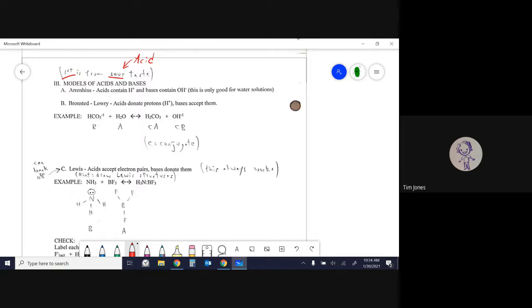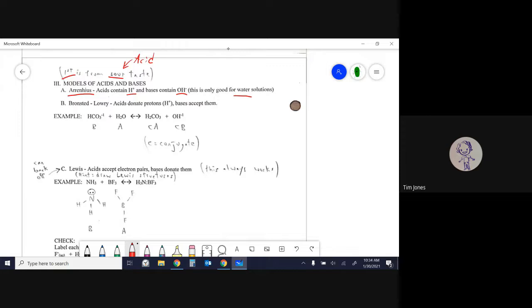Then along came Arrhenius. His name is Svante August Arrhenius from Sweden. He said acids contain an H+, or even better, acids give off an H+, and bases contain or give off an OH-. It's fairly simple. Acids give off H plus, bases give off OH minus. However, it doesn't always work. Like it says here, it's good for water solutions and certain scenarios,